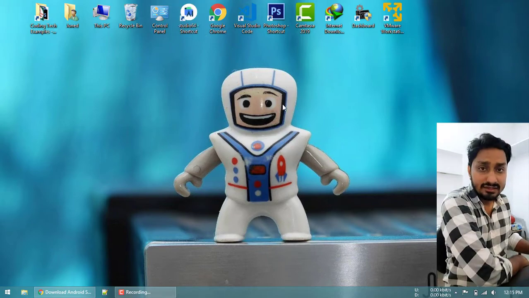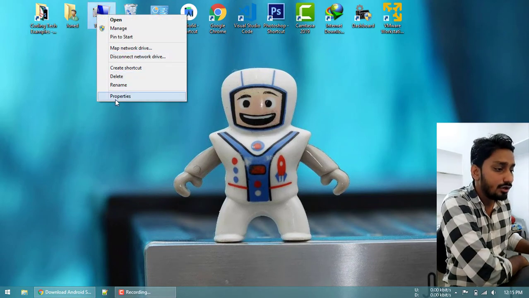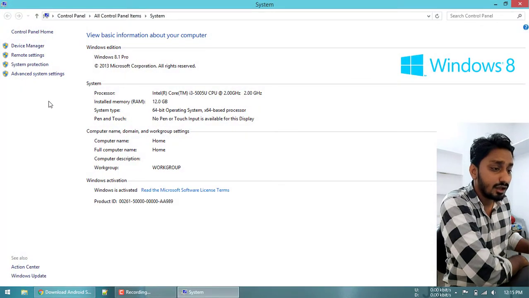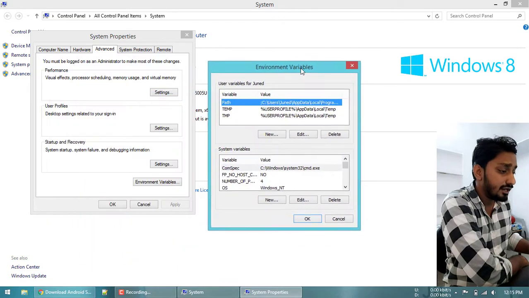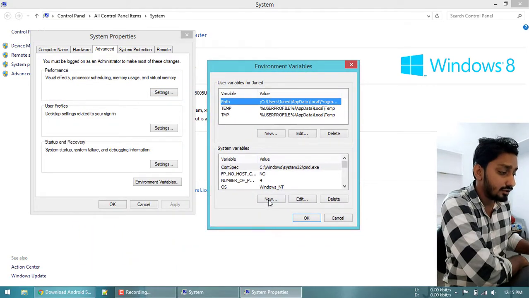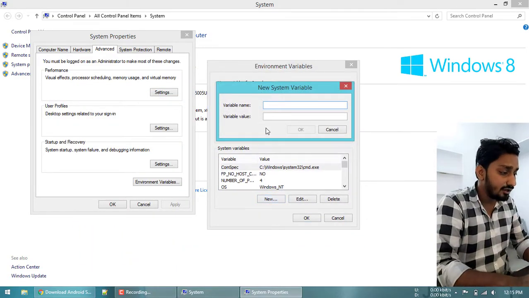Now, guys, the next step is to set the Java JDK path in your system. So simply right click on My Computer and go to Properties. Now, under Advanced System Settings, click on Environment Variables, and in System Variables click on New. Now set the variable name as JAVA_HOME in capital letters.